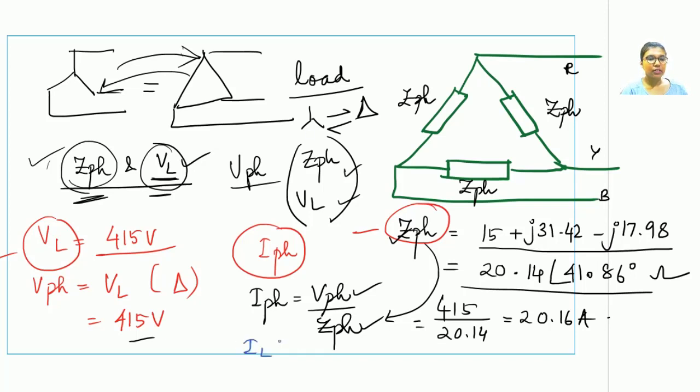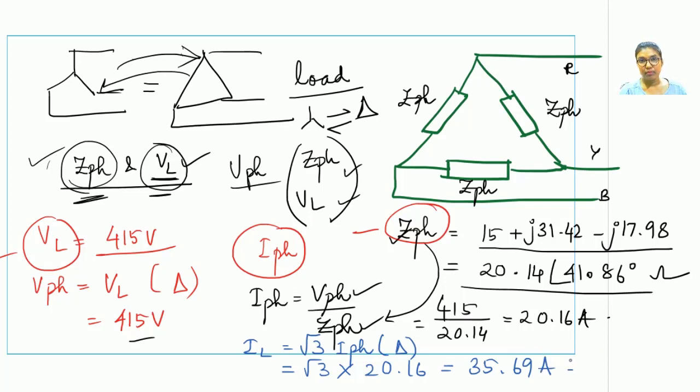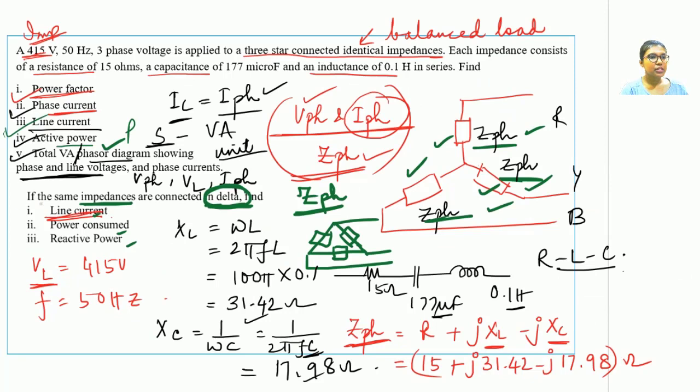Now what is the question asking us to figure out? The value of line current. For a delta connection, the value of line current is √3 times the phase current. Write it in bracket, it is a delta connection. So substitute these values of I phase into this IL expression, and the IL value comes out to be 35.69 amps. Now which is definitely not the same for a star connection. You can compare these values, or after solving this entire question, I'll draw a comparison between all the values that we had noted down. So the first bit is done.